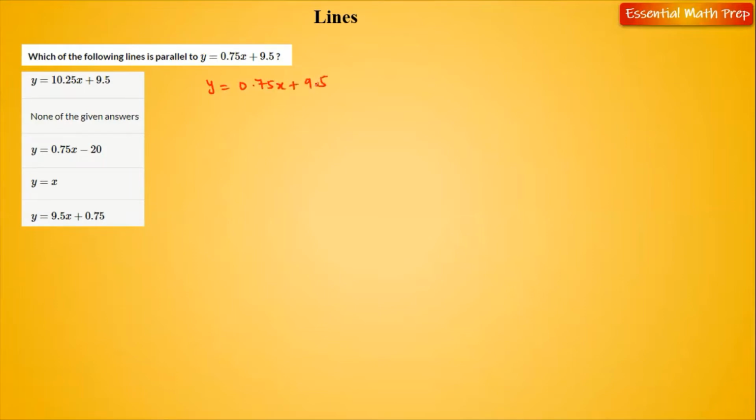Trust me, I've spent more time talking about it rather than the time I'm going to actually use to solve the problem. The slope here is m equals 0.75. Because the two lines are equal, the slopes have to be equal. And right away, we see there's only one choice given here where the slope is even 0.75, and that is also a positive 0.75. So that is the correct